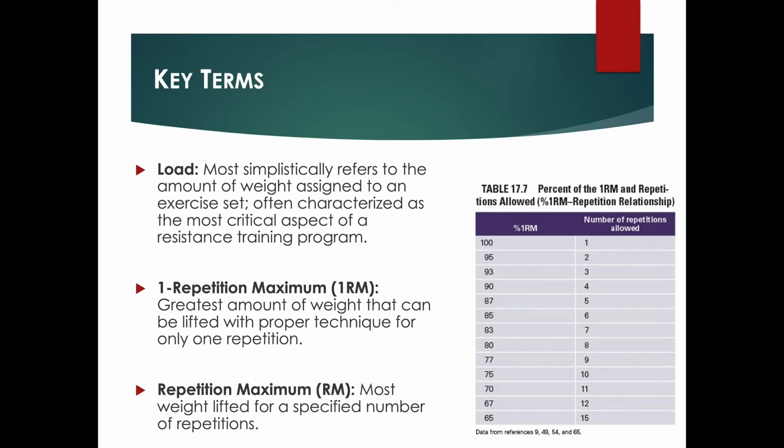And so that means 6 full, complete repetitions where they're all difficult to perform without any help. That's where you're lifting about 85% of your 1 RM. We'll get into how to assess the 1 RM in a sec, but this will help you understand the load. So if you know someone's 1 RM and you want them to be training 6 repetitions, then you can figure out how much weight they could be lifting there,